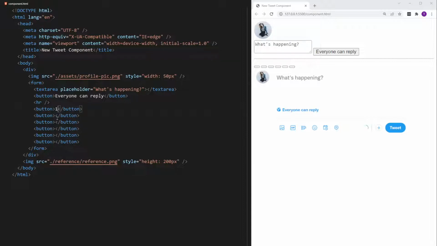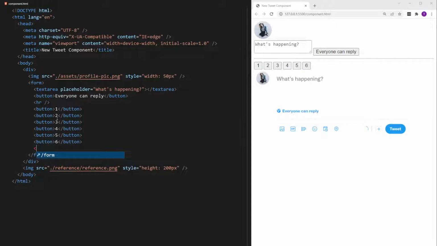I'll just add numbers as placeholders for now. And then we need